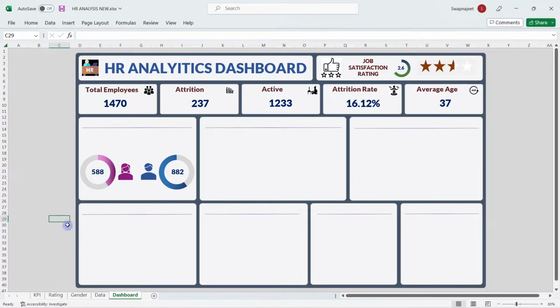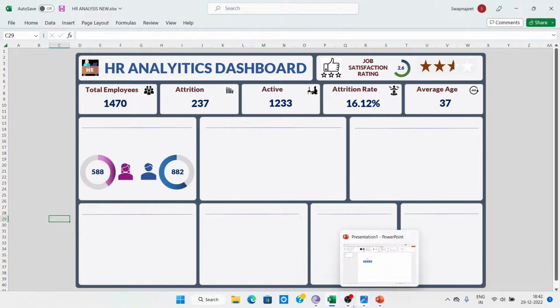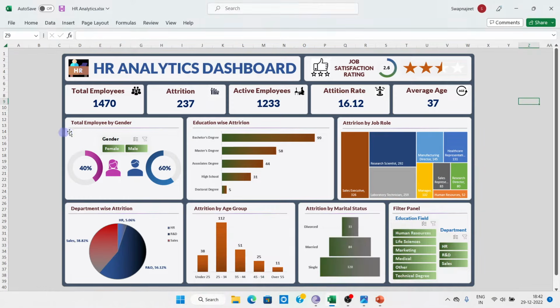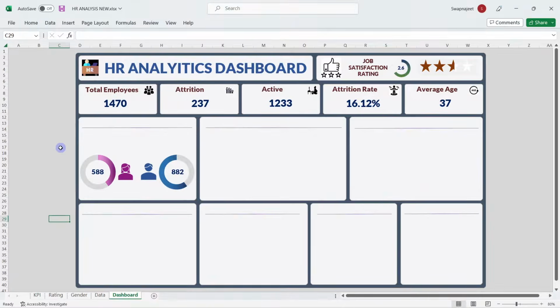So next thing we will do, we will add the chart title. So what was our title? Let's see. So it is total employees by gender. So I will go ahead and add the title over here. So what we can do, we will select all of these elements and go ahead and group those. Okay, means